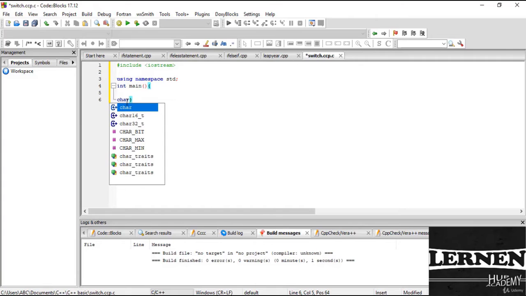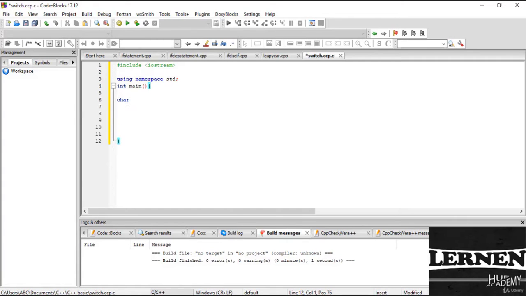Now I take a character, and the character is o here. Then I write float data type, number 1 and number 2. Then I write cout, and here I write enter